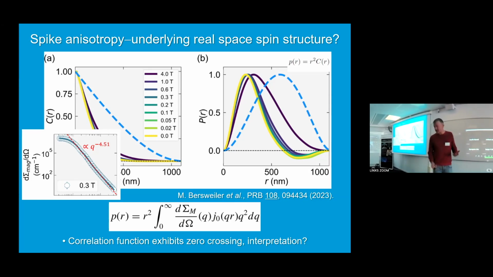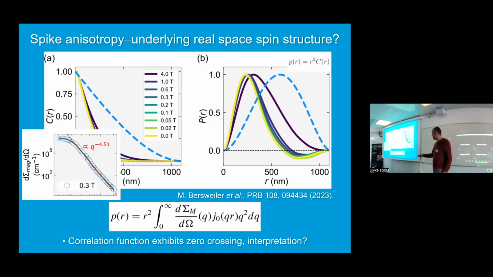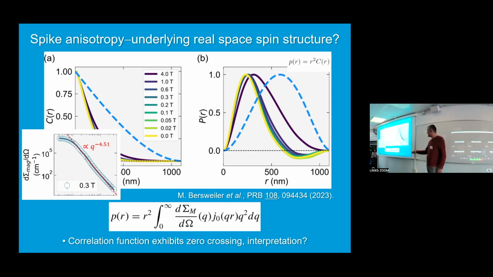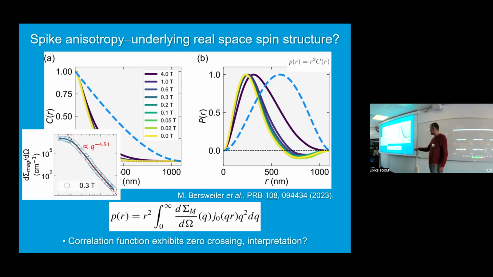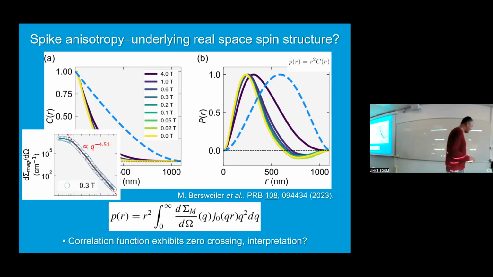So the question is, we measured that and we found that, and then the question was, okay, we have this 0 crossing here. What could it be? What is the origin of that 0 crossing? How can we interpret that? How can we relate it to a real space spin structure? And then